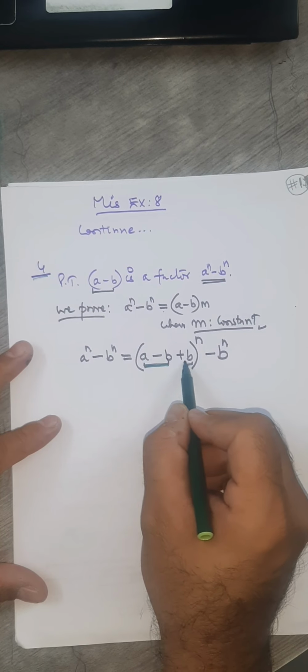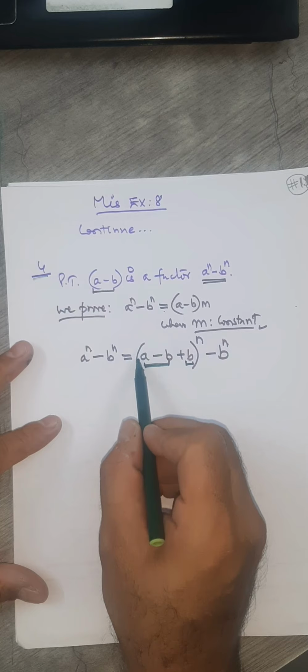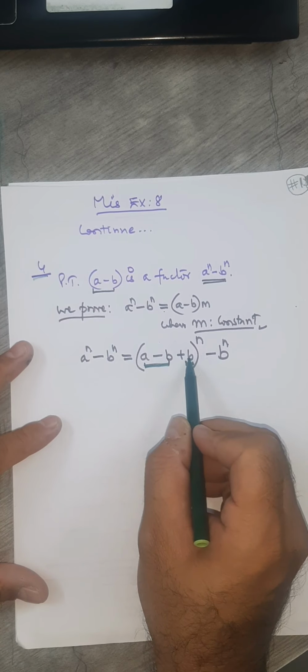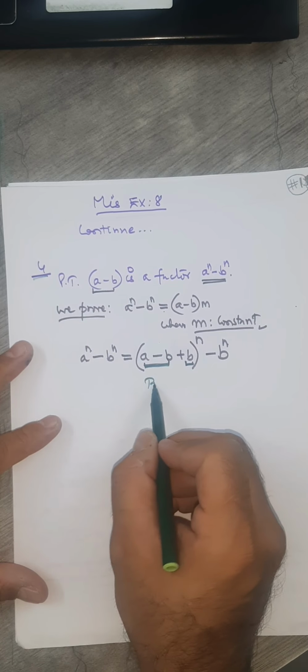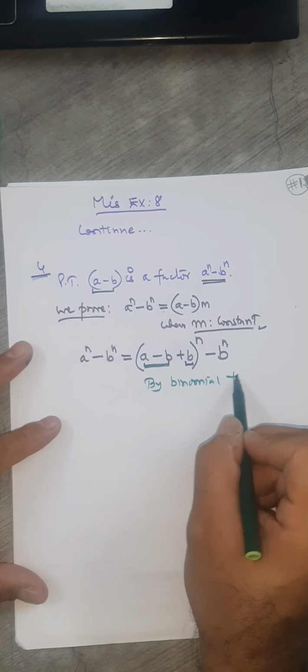So a minus b plus b, the whole raised to n, minus b raised to n. Now we just take this as a, this as b, and we expand by the binomial theorem. So by the binomial theorem here,